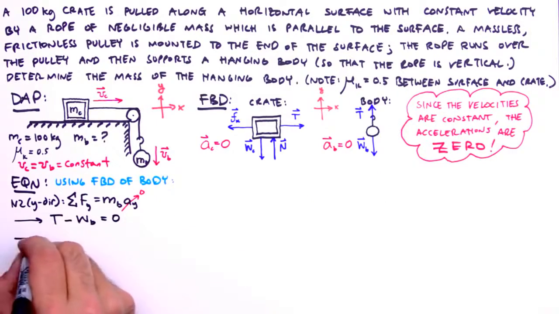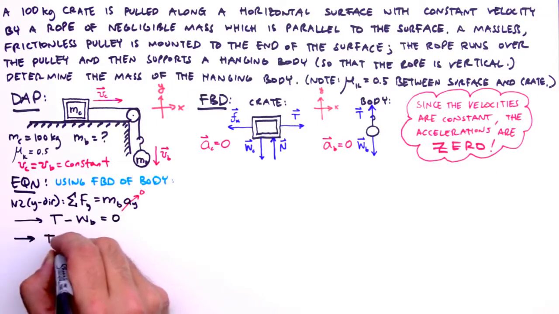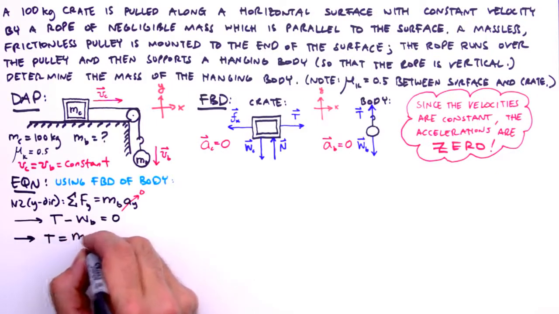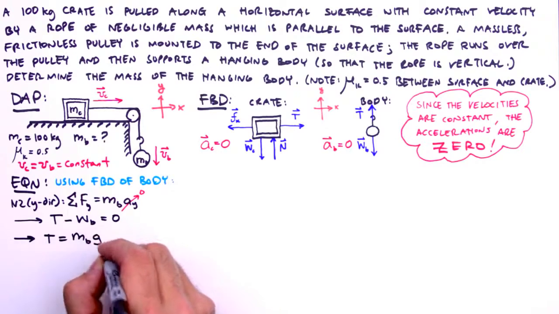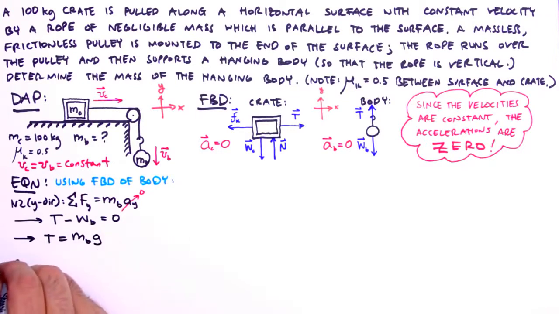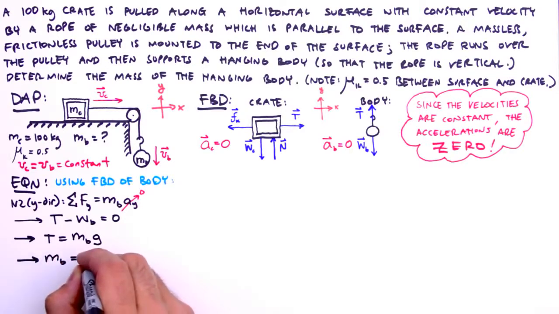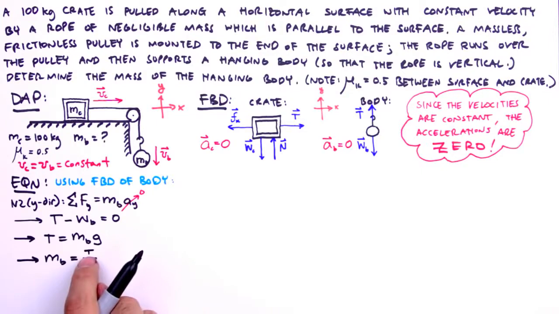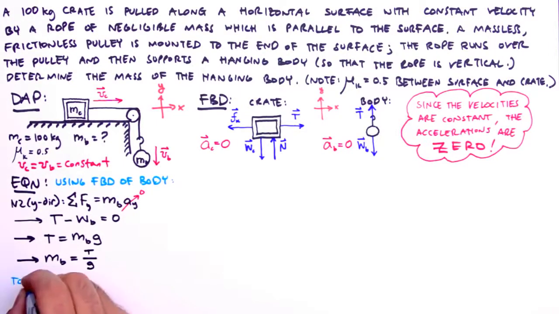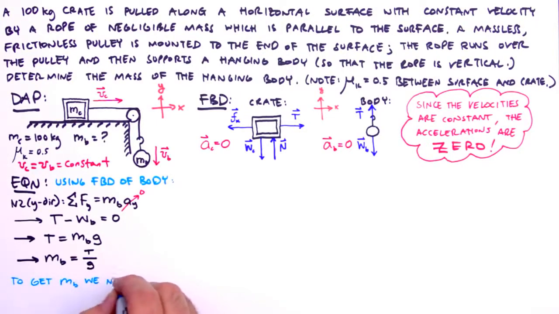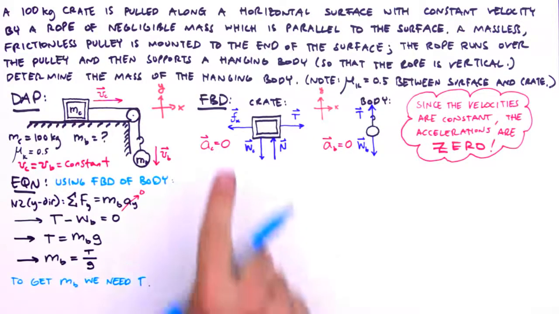Adding the weight to both sides and substituting our definition for weight, we get T equals the product of m sub B and g. Solving for m sub B, the unknown quantity for which we're looking, we get m sub B equals T over g. Now, tension is not a known quantity, so to get the mass of the body, we need a value or expression for T. Since we've learned all we can from the hanging body, we now turn our attention to